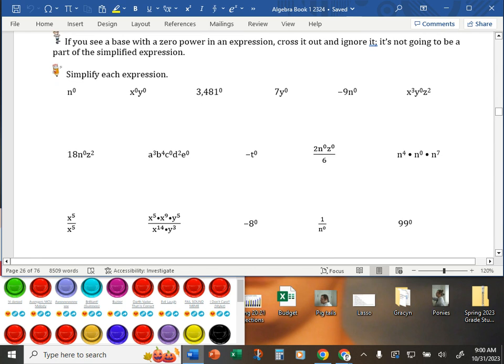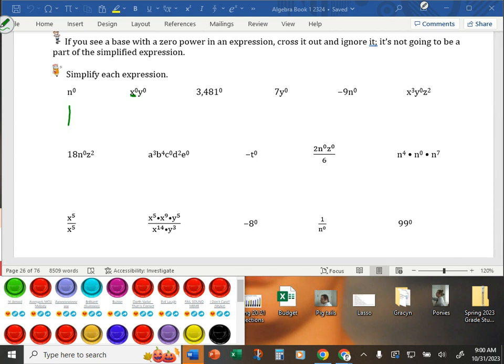Simplify each expression. N to the 0. We have a base of n to the 0 power. What is it equal to? 1. We had that as an example up above. Okay? X to the 0, y to the 0. 1 times 1 equals 1. This base of x equals